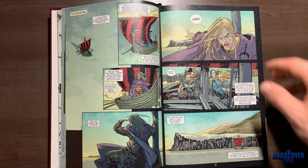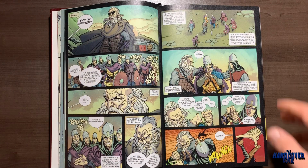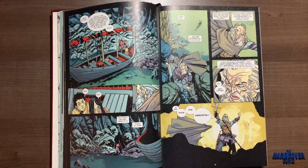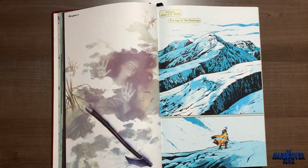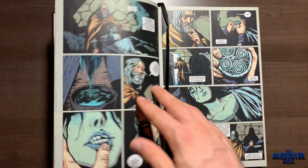I would definitely buy it, even though I have these. I would definitely double dip on that, just because, again, I don't think Brian Wood gets enough support, and I think he deserves some more support. So I definitely do recommend checking out the series if you can. Read it digitally, get the trades if you possibly can. But it's really good, especially if you're into